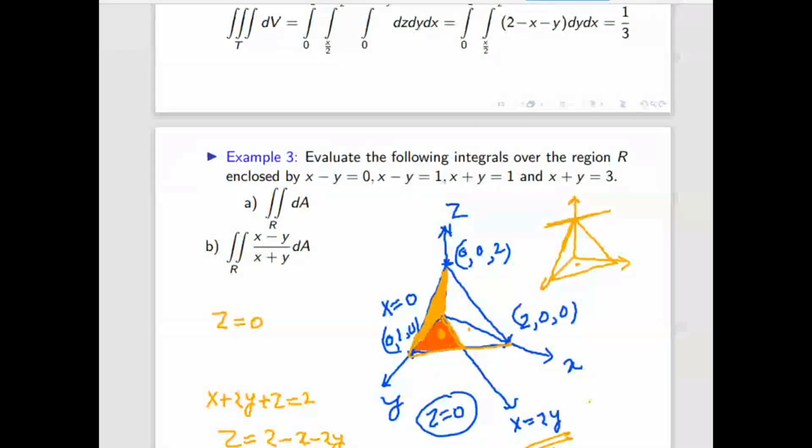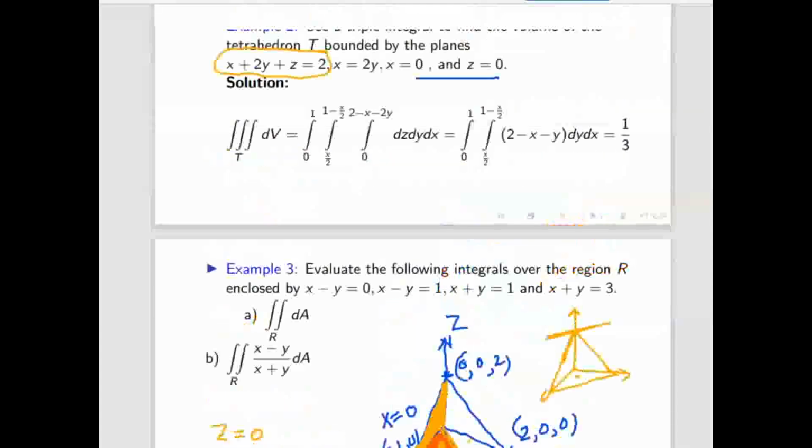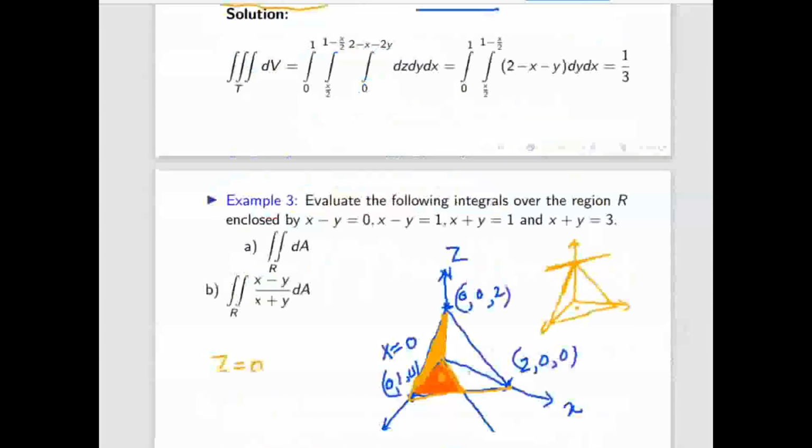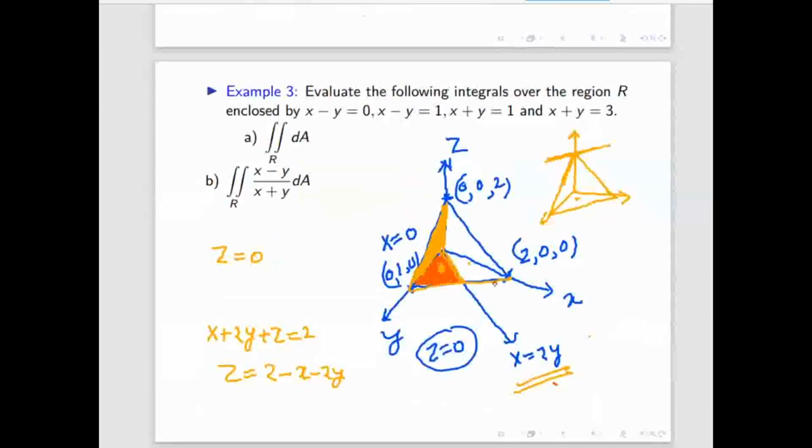So that's why it will hit this plane, and at that plane z equals this, because the plane equation is x plus 2y plus z equal to 2. That means z equal to 2 minus x minus 2y. So it will start from this bottom, it will hit that plane. Once we get the limit of z, then finding the limit of xy is very easy. So go back to this, because z is done.